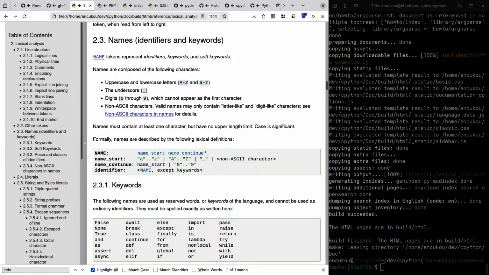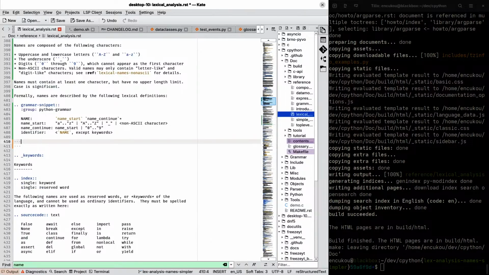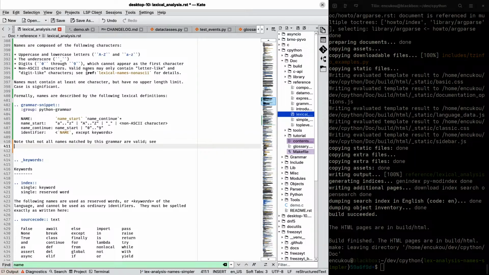And the formal grammar needs a note. Something like this.